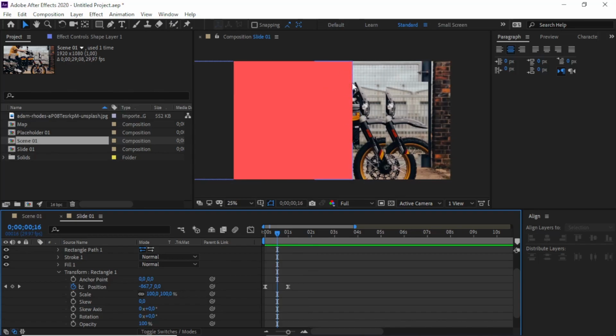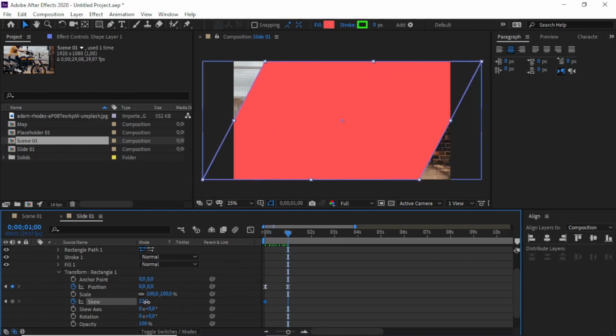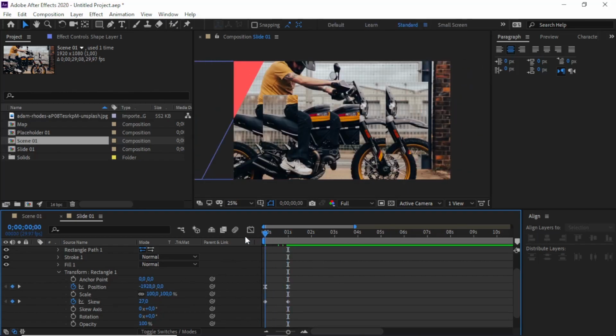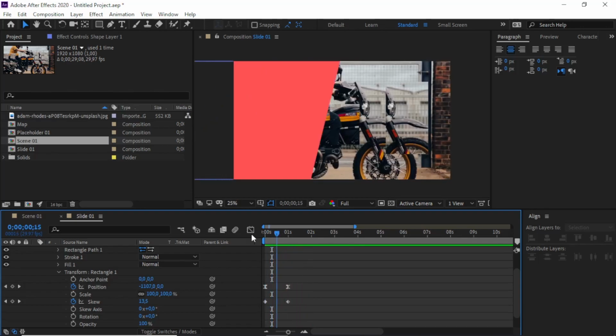this vertical line looks pretty boring, so I'll use skew effect here like this. So we just start from this 27, go to 0. We need to make the position more to the left, so this rectangle is out of frame like this one.